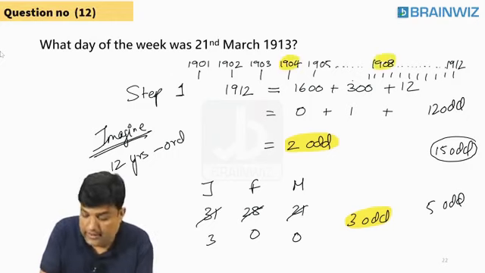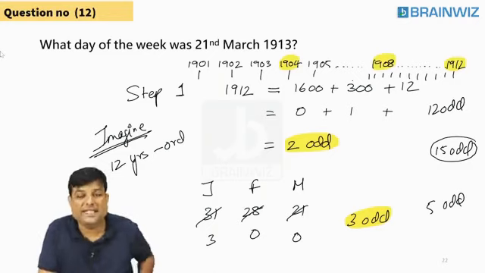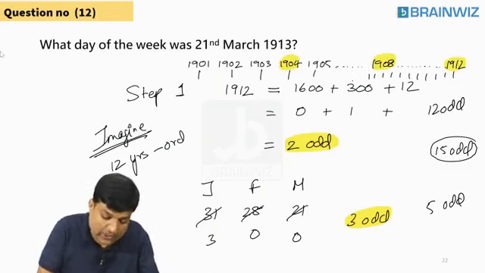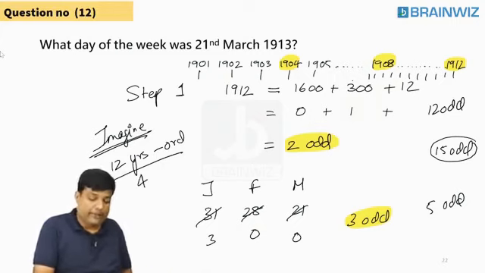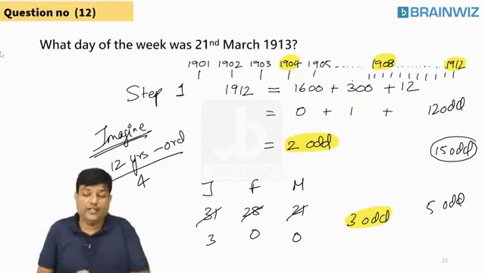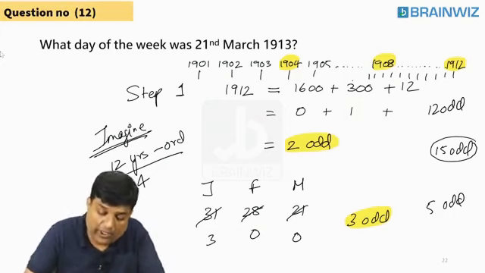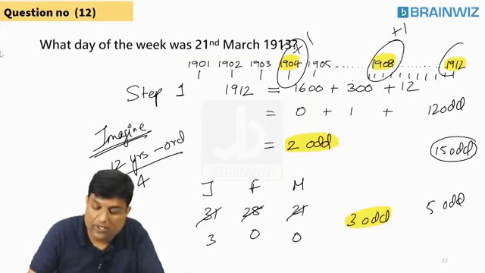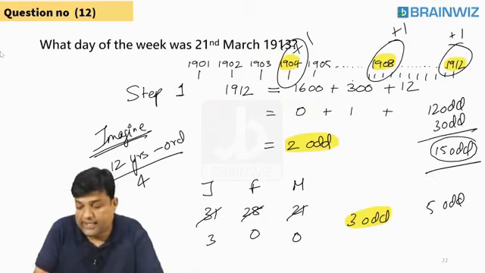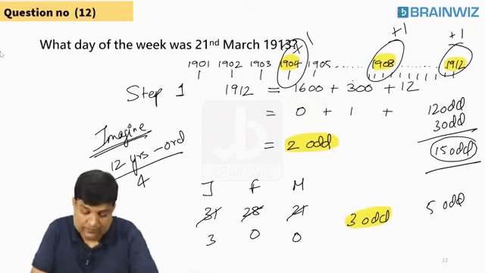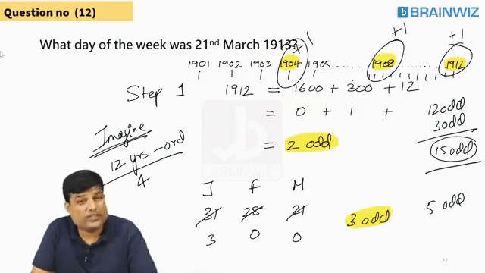4, 8, 12. Means, in short, I can say that in these 12 years, there will definitely be 3 leap years. How will you get that there are 3 leap years? Just divide by 4. For every 4 years, we have 3. So those leap years will not give you just 1. Here you have 1 plus 1 extra, 1 plus 1 extra, 1 plus 1 extra. So 3 odd days are extra. So we can say 12 plus 3 is 15. 12 plus 3 is how much, students? 15. Are you understanding, everybody? Clear? That's good.